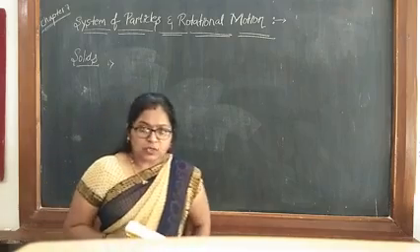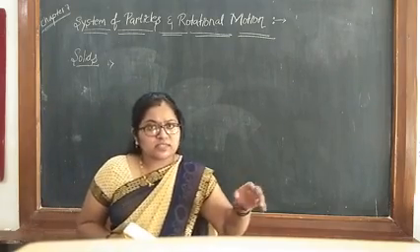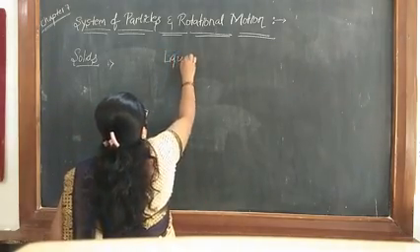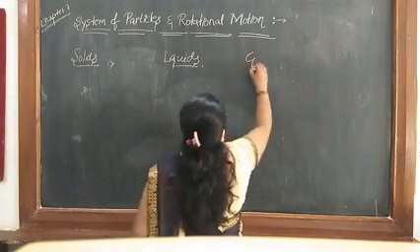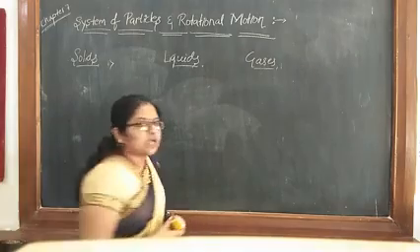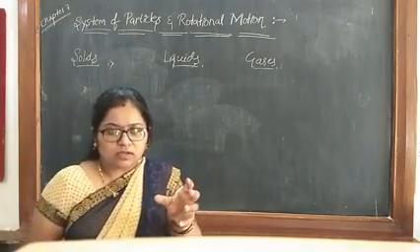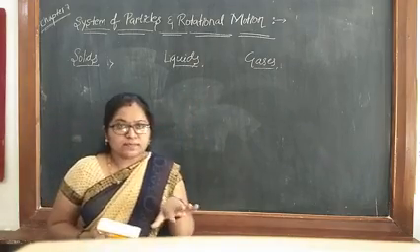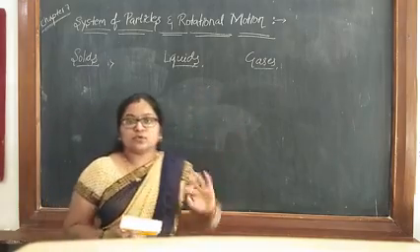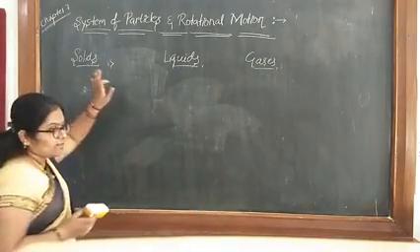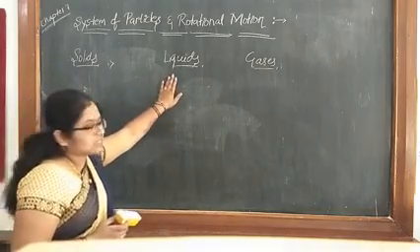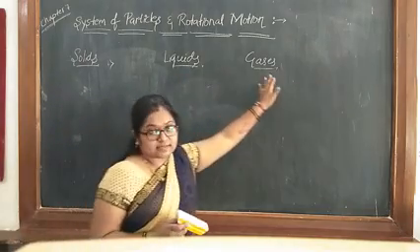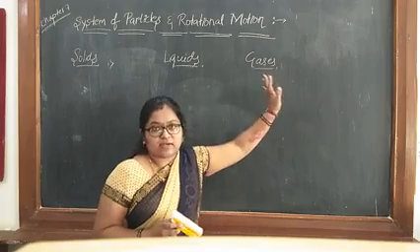Understood? When you think about size and shape, is it there for liquids and gases also? What happens for liquids, and what happens for gases? Yes, liquids also have size. If you have a bottle of water, it also has some weight. So it also has size. Does it have shape? No. So liquids and gases don't have any definite shape. So we can say solids have definite size and shape, but liquids have definite size but not shape, and gases have neither definite size nor definite shape.